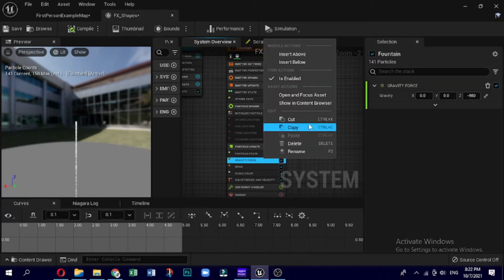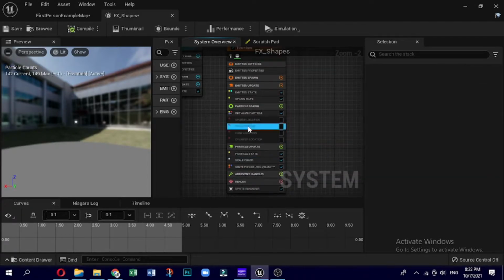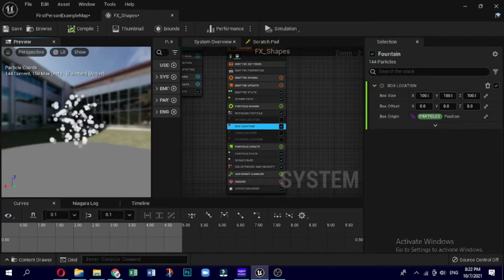Now delete the unnecessary modules like drag, gravity. So let's start with the box location. Here we are. You can see the particles are spawning in the form of cube.